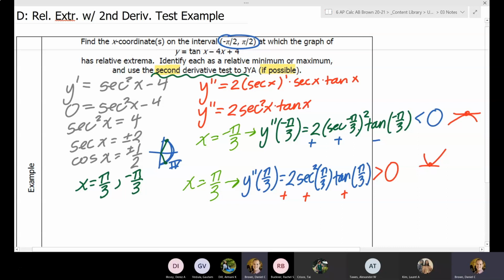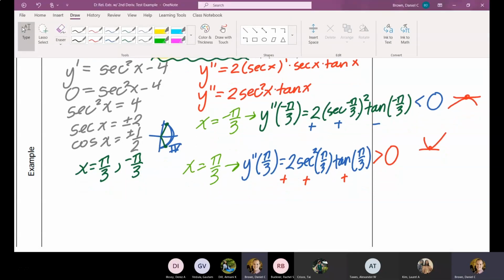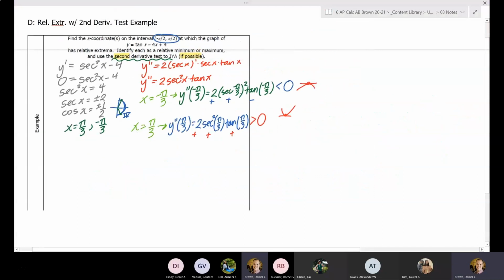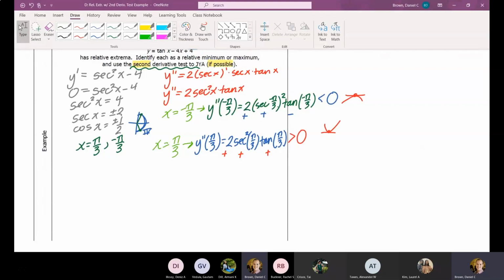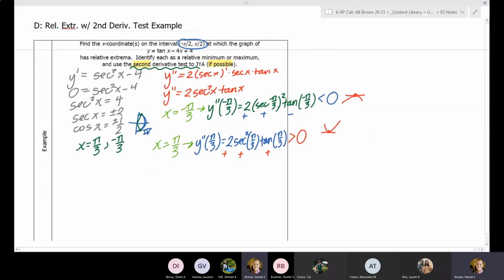So how do we justify our answers? And then I'll answer questions that you may have. You have to clearly state both conditions being satisfied. So my justification, I'm just going to write it off to the side. I have x equals negative pi over 3 gives a relative maximum